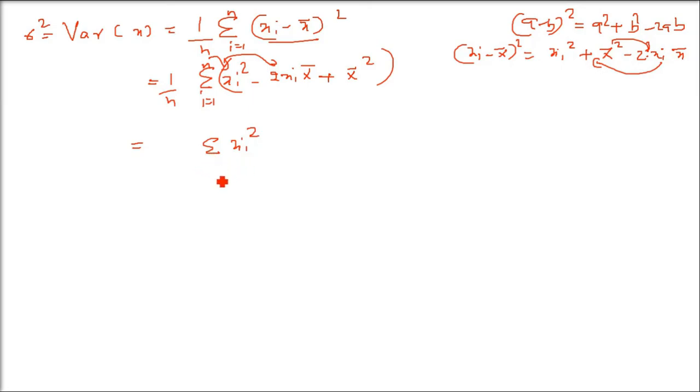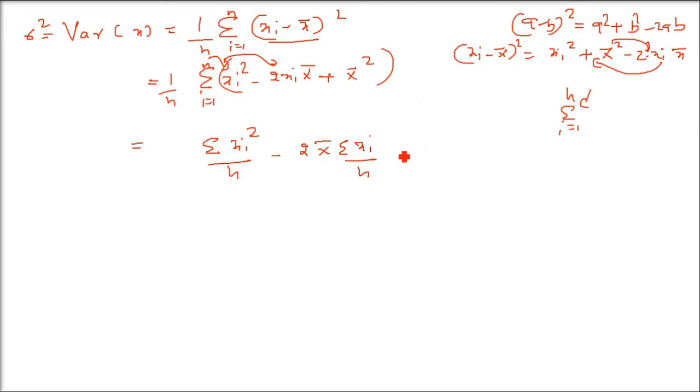Let's just divide by n. Second one, sigma i equals 1 to n. Just remember, I am not writing it again and again; i equals 1 to n is everywhere. Now 2, x bar is constant, 2 is constant, you can take it outside: 2x bar. What is inside? xi. So sigma of xi, i equals 1 to n, is already there.